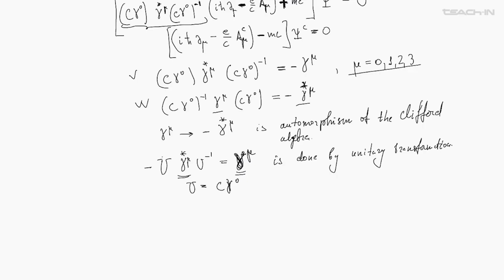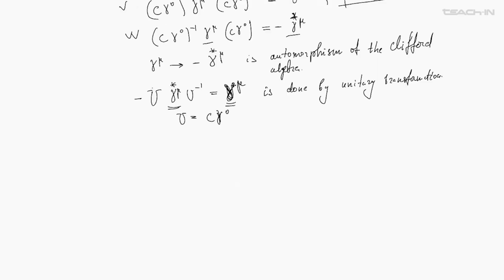Namely, we can look at the following question. We know that our 4-component spinor transforms under Lorentz transformations. In particular, it transforms under the group of proper orthochronous Lorentz transformations, in other words, under SO+(1,3). And an interesting observation is that, in fact, the charge conjugate spinor transforms under the same transformation